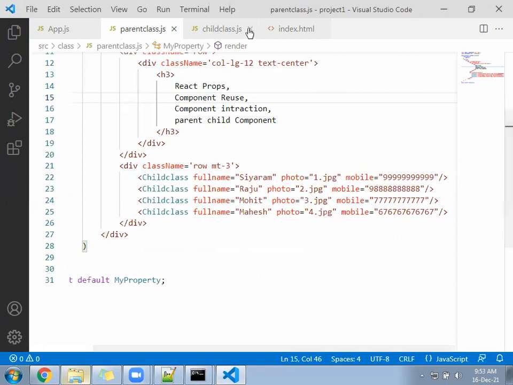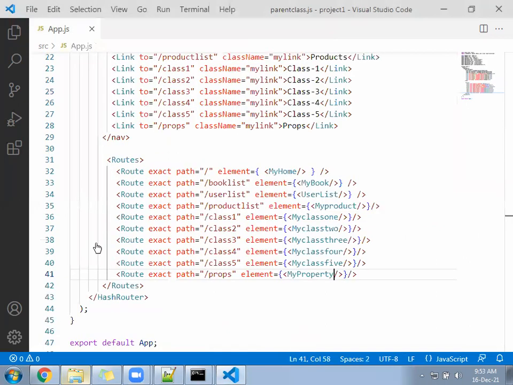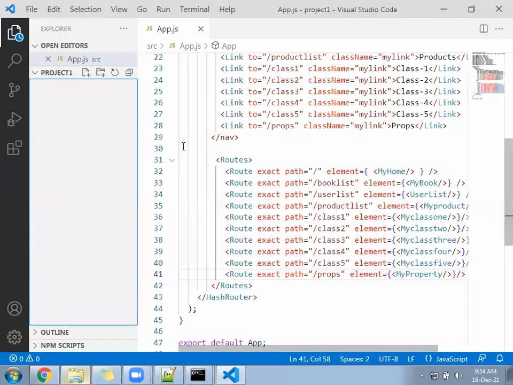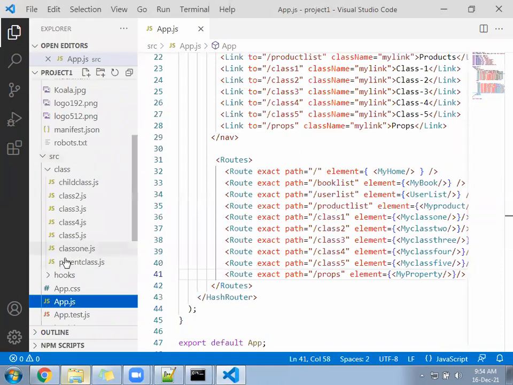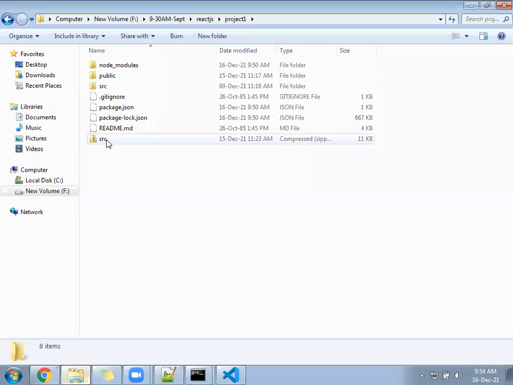Now, this component you have seen. Let's come to your class component. We'll create the next file, api1.js. api1.js under which folder? Class folder. src folder, need anyone?